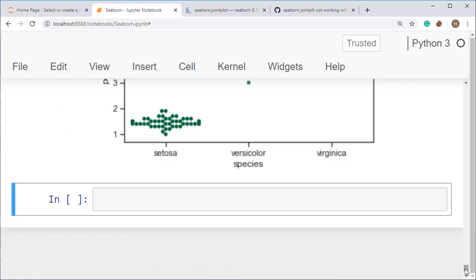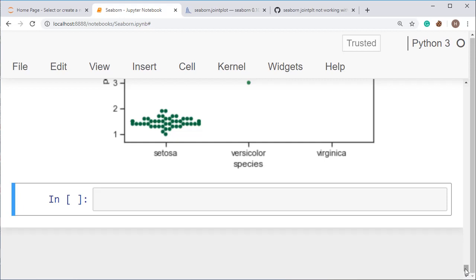Now Seaborn distribution of observations. For this, I'm going to plot the box and whisker diagram. A box plot is a convenient way to visualize the distribution of data through their quartiles.